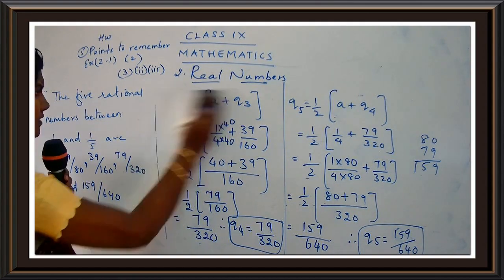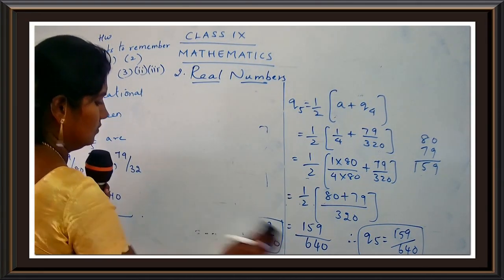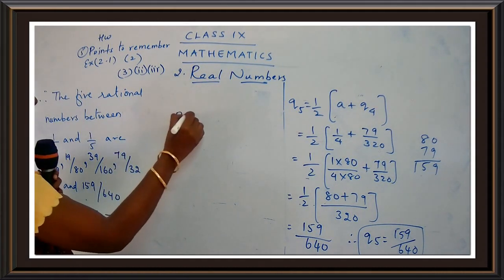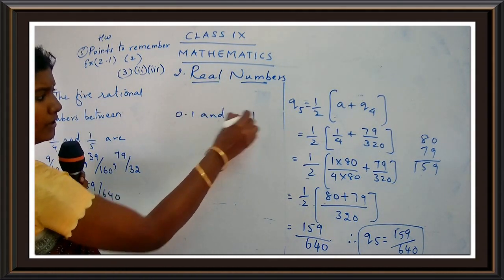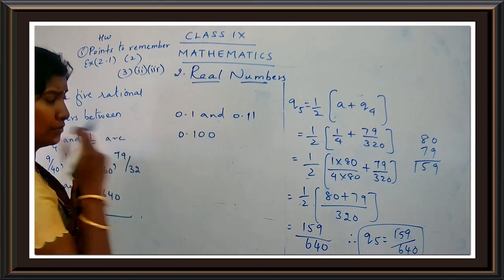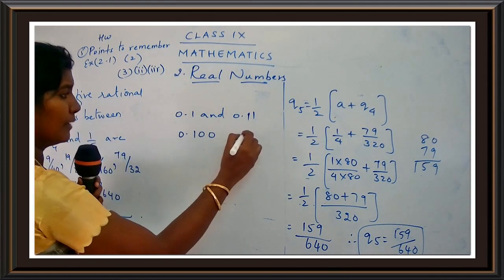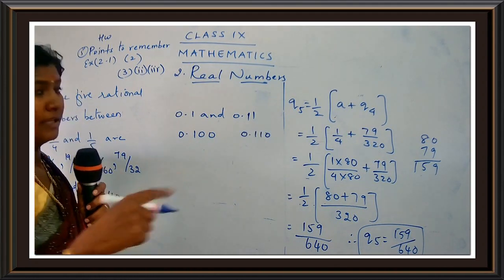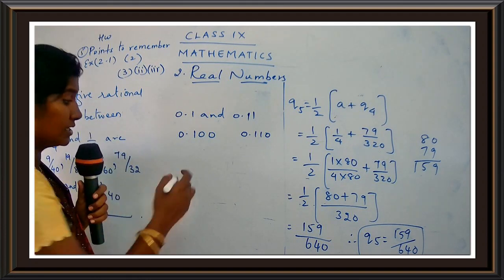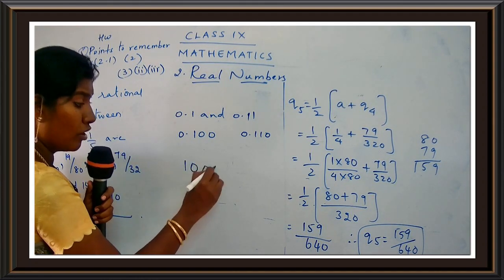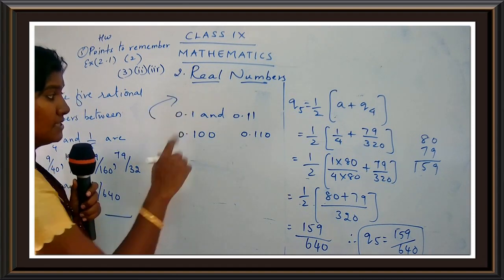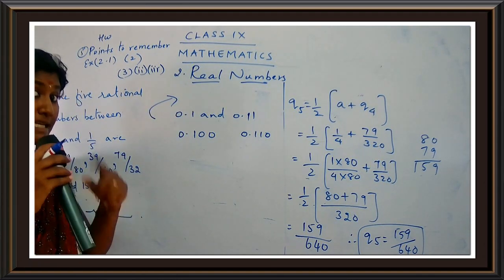Shall I rub this part? Okay. So what is the number given for the second one? It's 0.1 and 0.11. So 0.1 can be written as 0.100, and 0.11 can be written as 0.110. That is, we can go on adding zeros at the last. Actually, see, there is a difference. If you have a number 1, I cannot go on adding 0s. The value changes. But in case of decimals, I can add the zeros at the last.